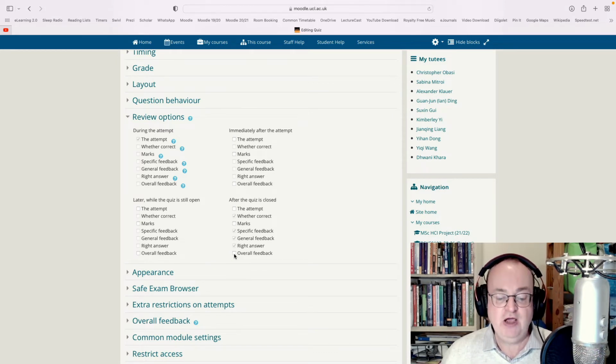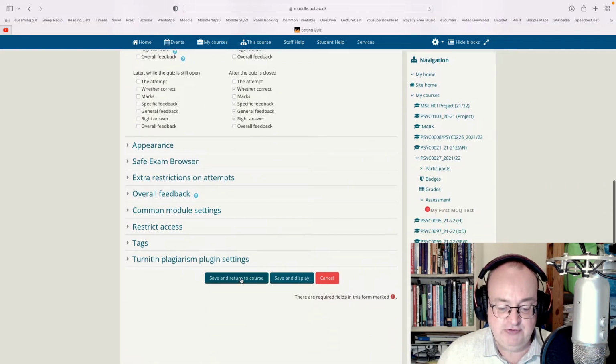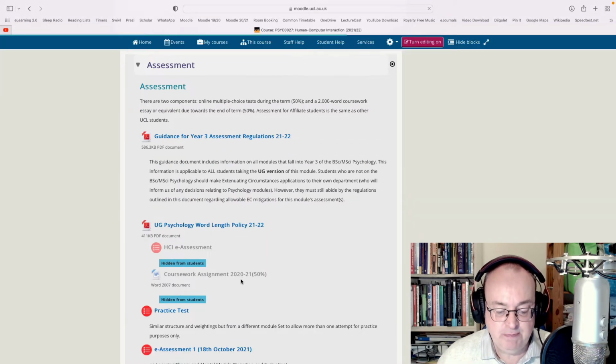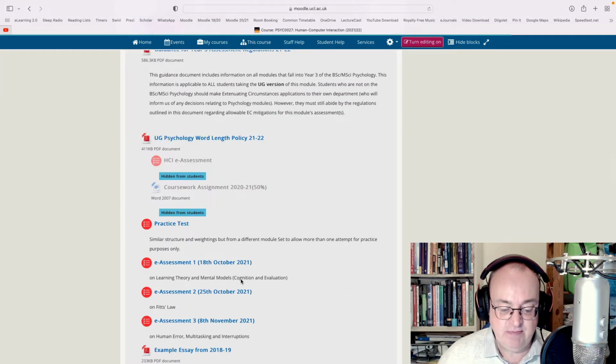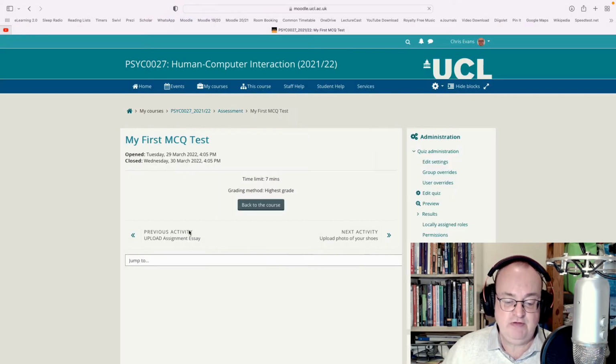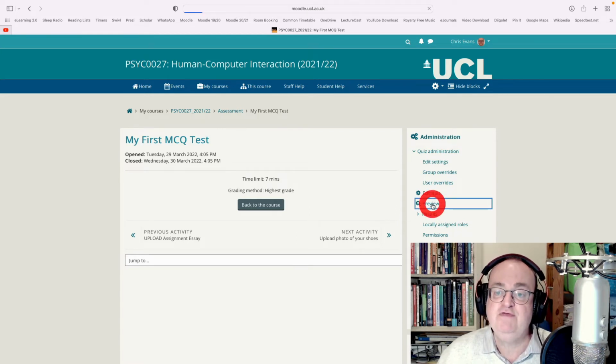So what I'm hoping is that this will not reveal the marks or the right answers to the students, even when they've finished the test. So I'm going to scroll down to the bottom and click Save and Return to Course. So it's going to save those settings. And now I'm going to go back to that test and preview my attempt. So I'm going to go into my first MCQ. And over on the right, there's a link that says Preview,